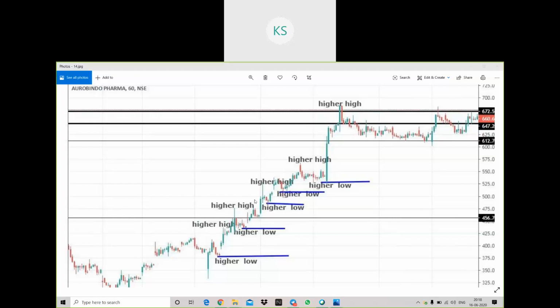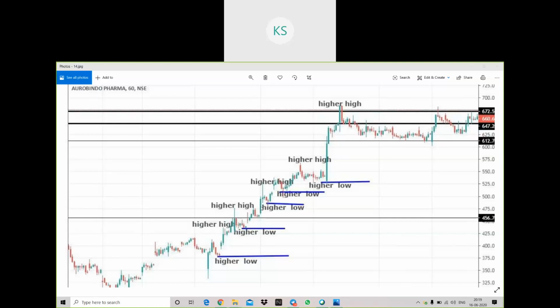and there is no trend reversal till this condition is broken. I'll show you an example of when this condition is broken, and you will exit from that. If you have entered the stock after seeing that, for example, you are somewhere here, you see that the stock has broken the higher high here. You have entered on the buy side.